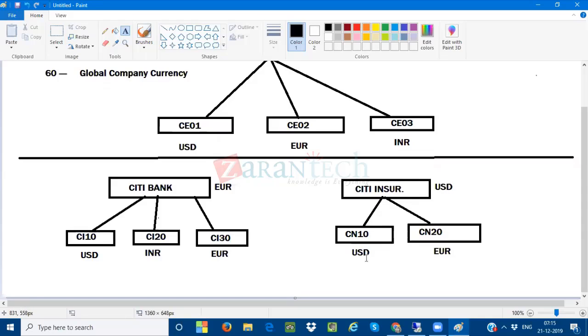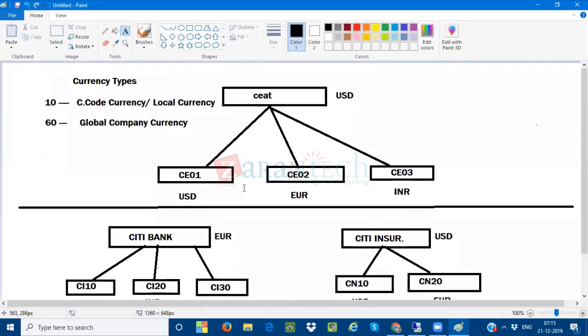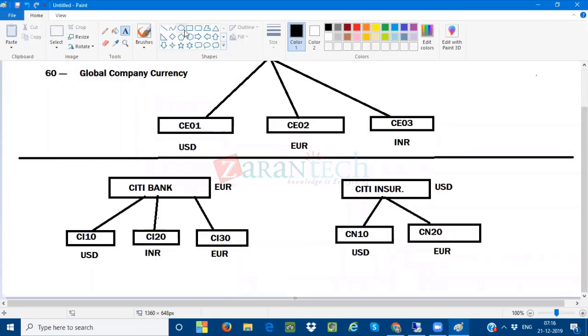Irrespective of the number of company code currencies you have, I can see the reports in USD, and here you can see the reports in euro. But in this example, I can see the reports in USD. This is what exactly I call the global company currency. Now, my management is asking me, Mahesh, here I don't have any objection, but